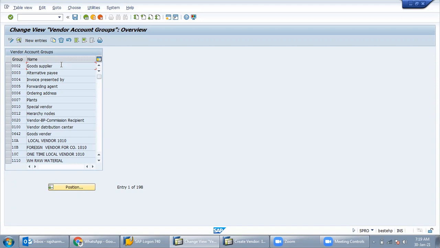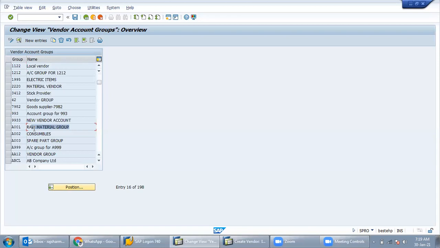So suppose in a company there are different types of vendors. I show you here. See, A001 is our vendor group. All raw material related vendors will be created under this group only. What is the purpose of segregating the vendors in different groups?